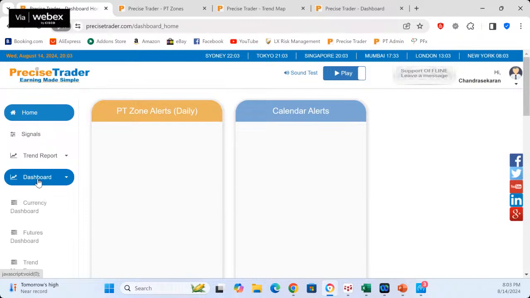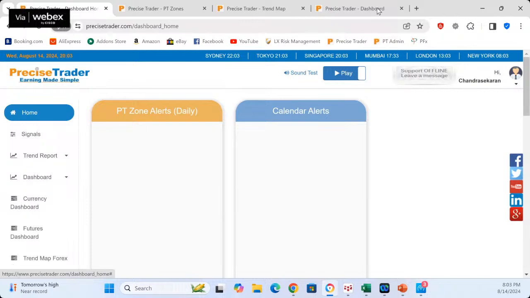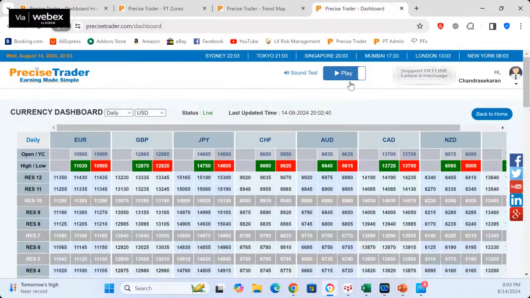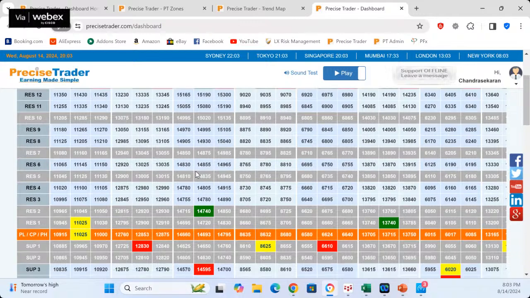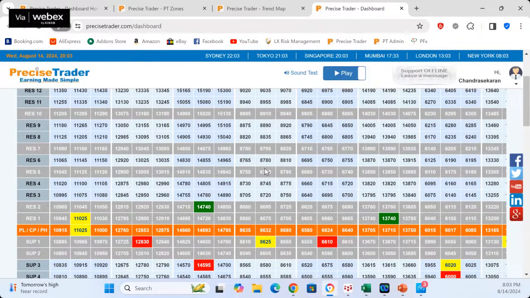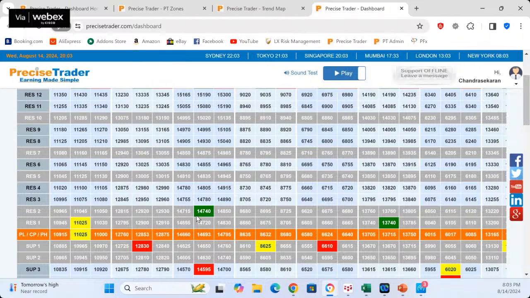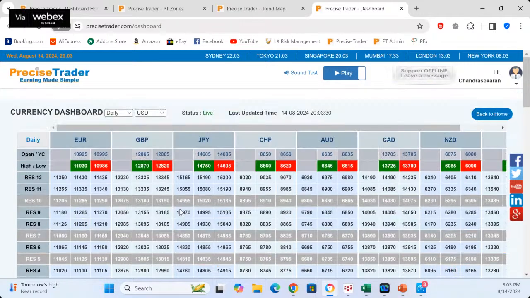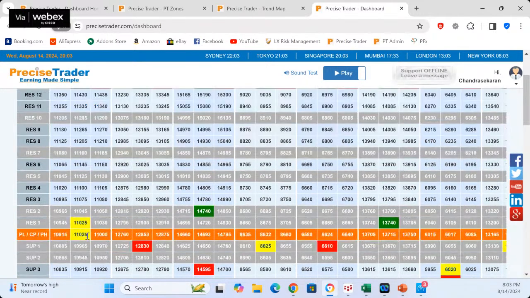Okay, now finally we go into the dashboard. The dashboard would tell you a clear picture of what is happening and how we can trade and go about it. Currently the euro dollar is trading at 1.1025. Okay, currently it is trading at 1.1025, and what is happening is, this is trading above the critical high. That means it's trading above the previous day high, right?